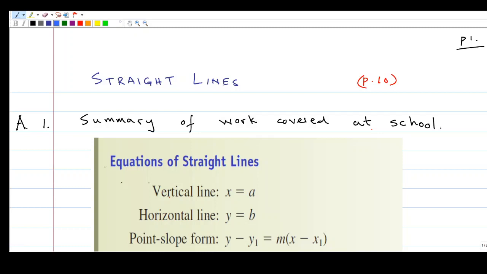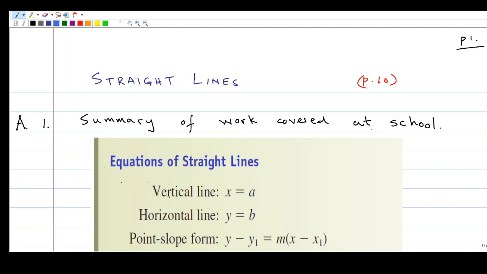Lecture 2. You will require the outline for Lecture 2, straight lines. This is work you covered at school, so we are going to move with this a bit fast. A1, summary of work covered at school,